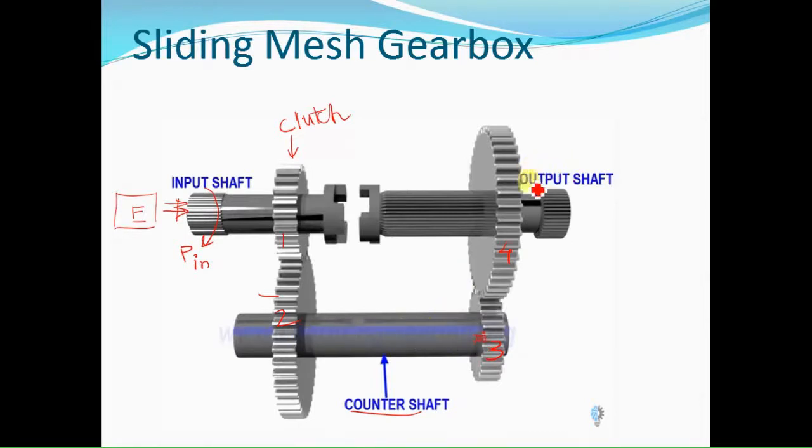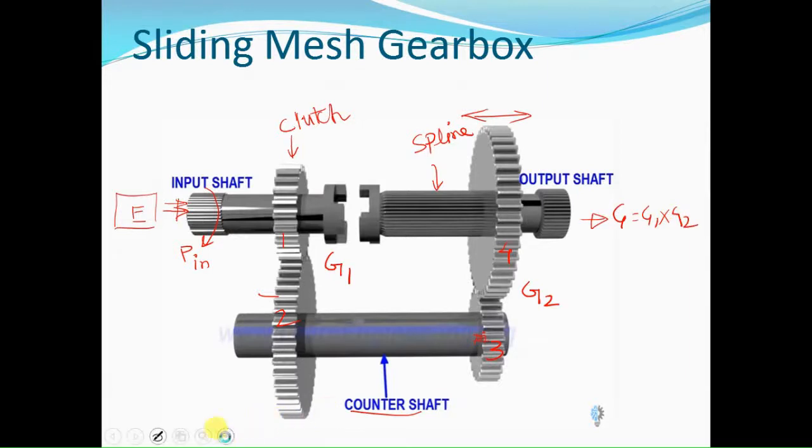But there is another gear which is mounted on the spline shaft. This is the spline, so this gear can be moved to and fro. The fourth gear moves to and fro. The fourth gear is now in this particular condition. These are meshed, so a gear ratio will be formed. Gears 1 and 2 provide a certain gear ratio, let us suppose G1, and gears 3 and 4 provide another gear ratio, G2. So the overall gear ratio obtained at the output shaft is G equal to G1 into G2.